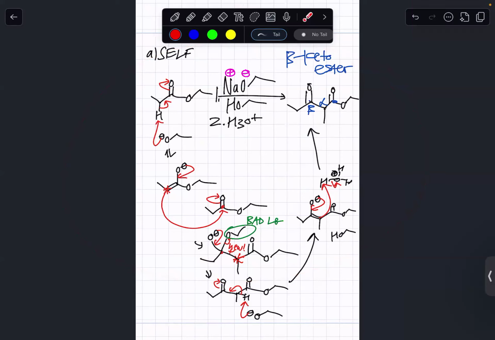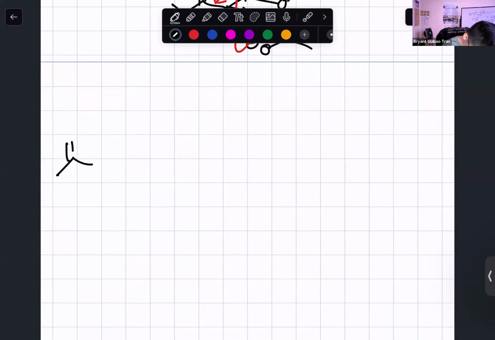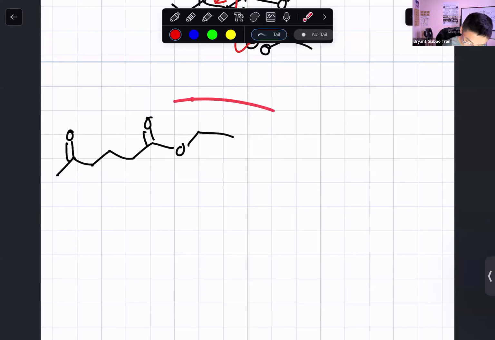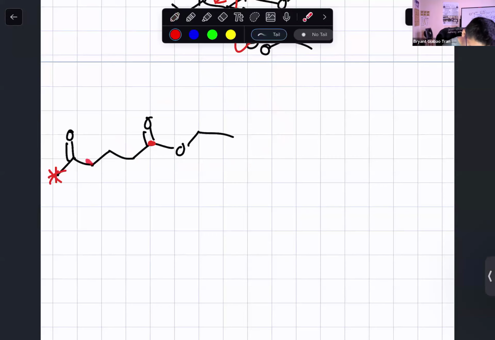Yeah, wait. So in the intramolecular one, what would be an example of the starting material? Yeah, an example of starting material would be if you had one ketone and one ester, because the electrophile has to be the ester right there. And your nucleophile would have to be this carbon, not this carbon, because that would make a